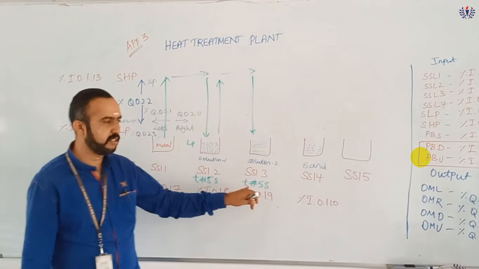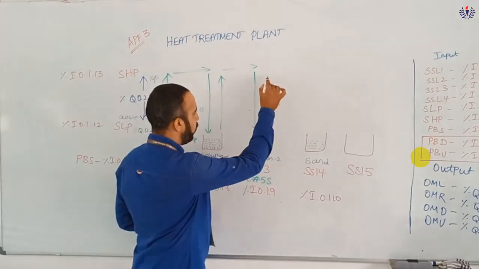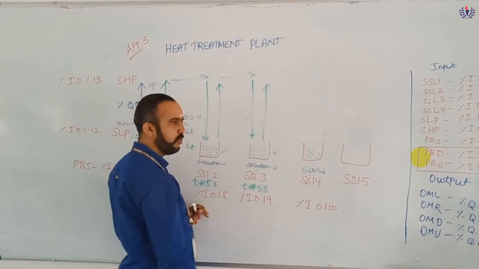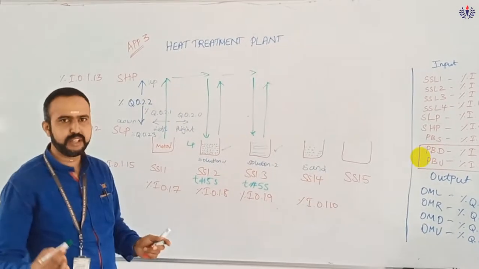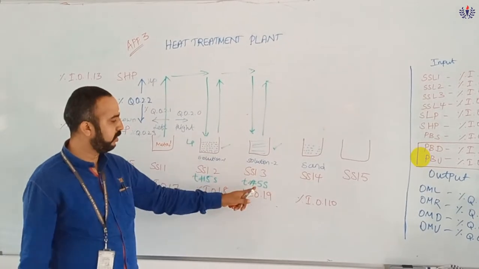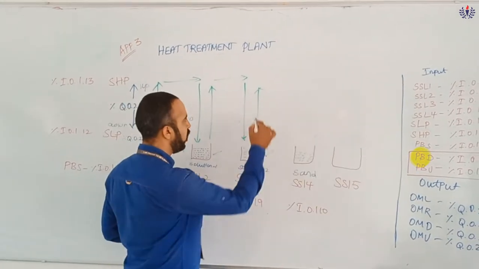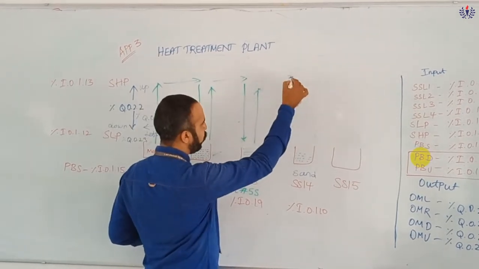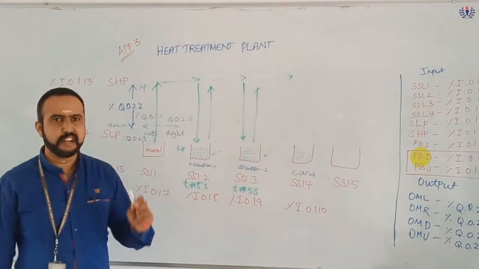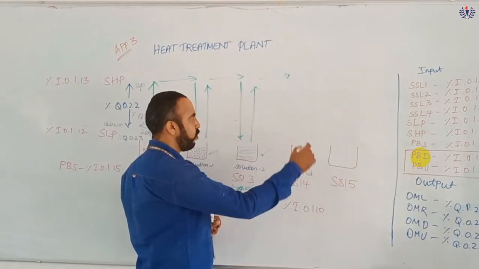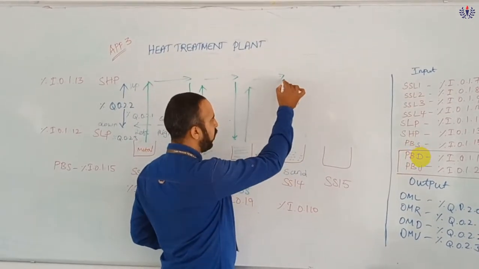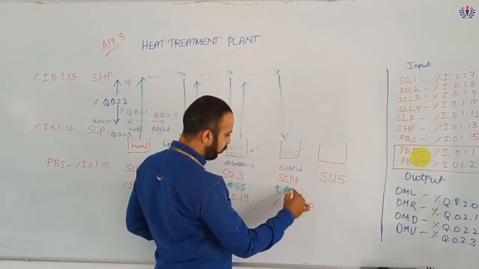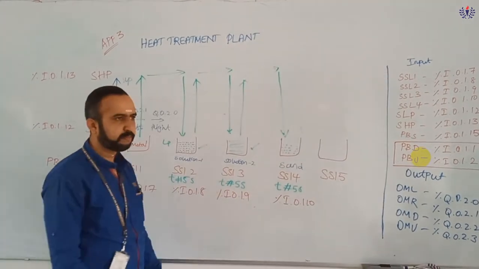So the time is never changing. Once again it will rise up. That is, it's dipped in solution 1, it's dipped in solution 2 for 5 seconds. Time may be increased or decreased according to the metal too. So after this 5 seconds time delay is reached, it will rise up and ensure that it is in the high position. Then once again, it will move to its right and confirm that it is in slot 4. Once again it will come to the low position and same, it will wait for some 5 seconds.